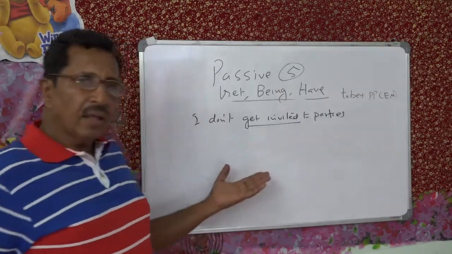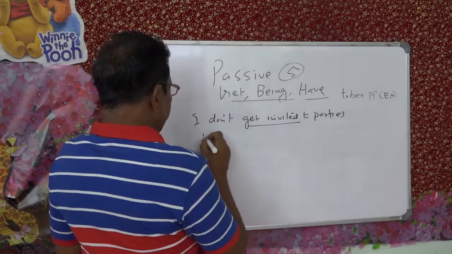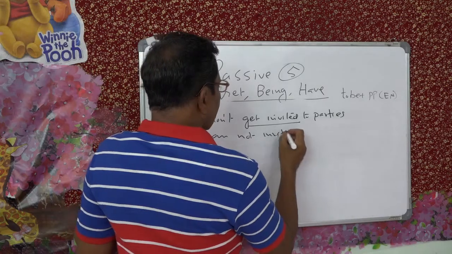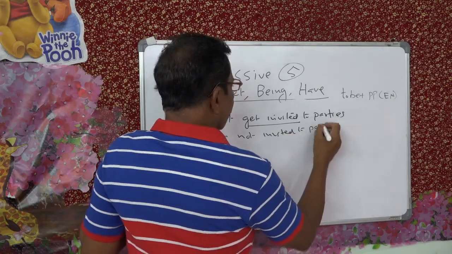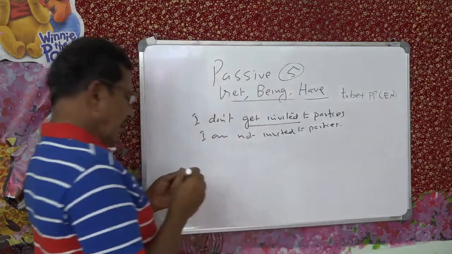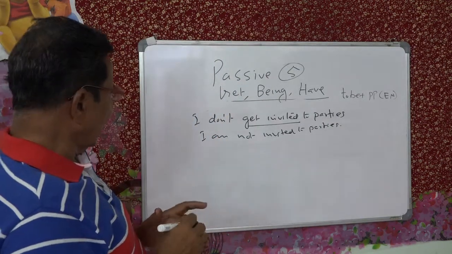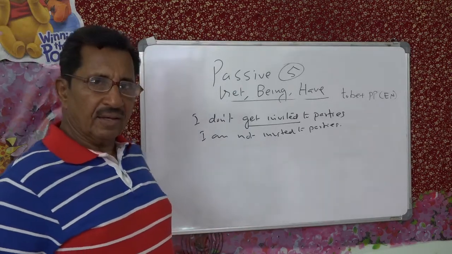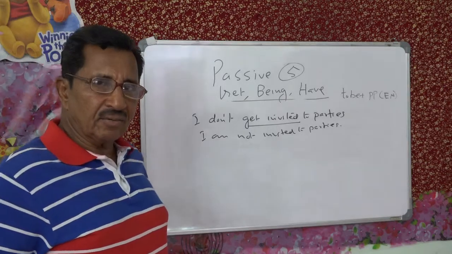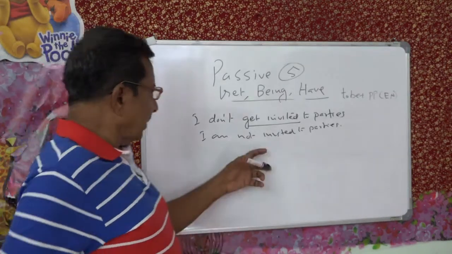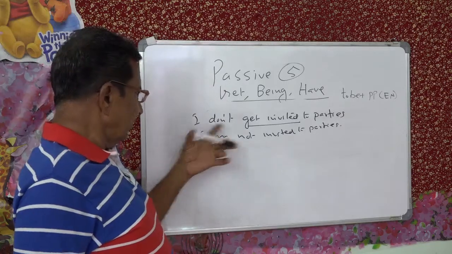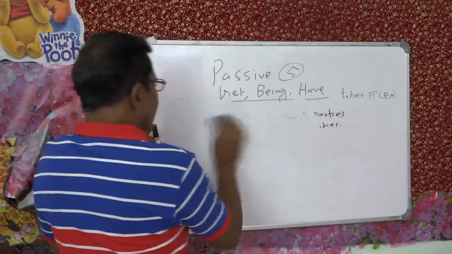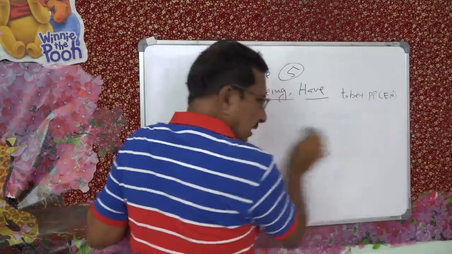Or the other way you can say, I am not invited to parties. So this passive, I am not invited to parties, you can write like this: I don't get invited to parties. Understand? Parties means marriage parties and all. So when you are using get passive, remember, you have the subject affected. Right? Okay, then let's have some more examples, then you will understand that.